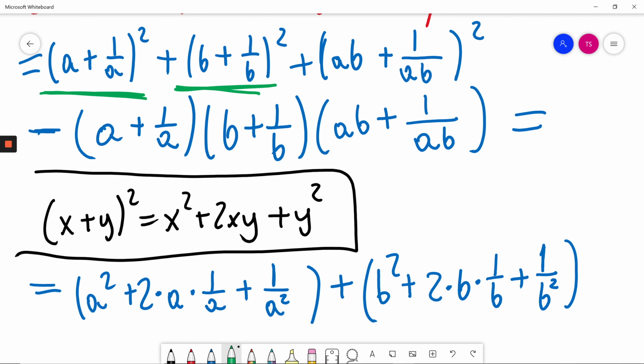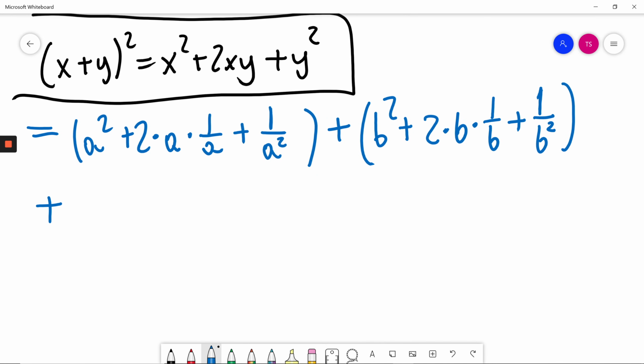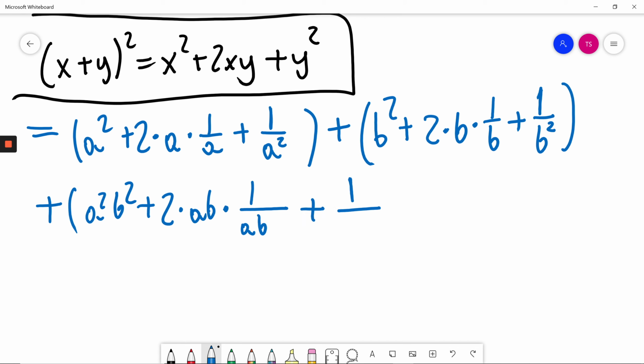Now this bracket plus a squared b squared plus 2 times ab times 1 divided by ab plus 1 squared is just 1, over a squared b squared, and then minus